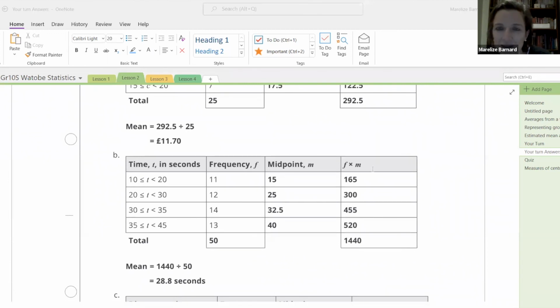So your column F times M should add up to 1440. And then you take your 1440 and you divide it by 50 and you get 28.8. Okay, right. So that is that for